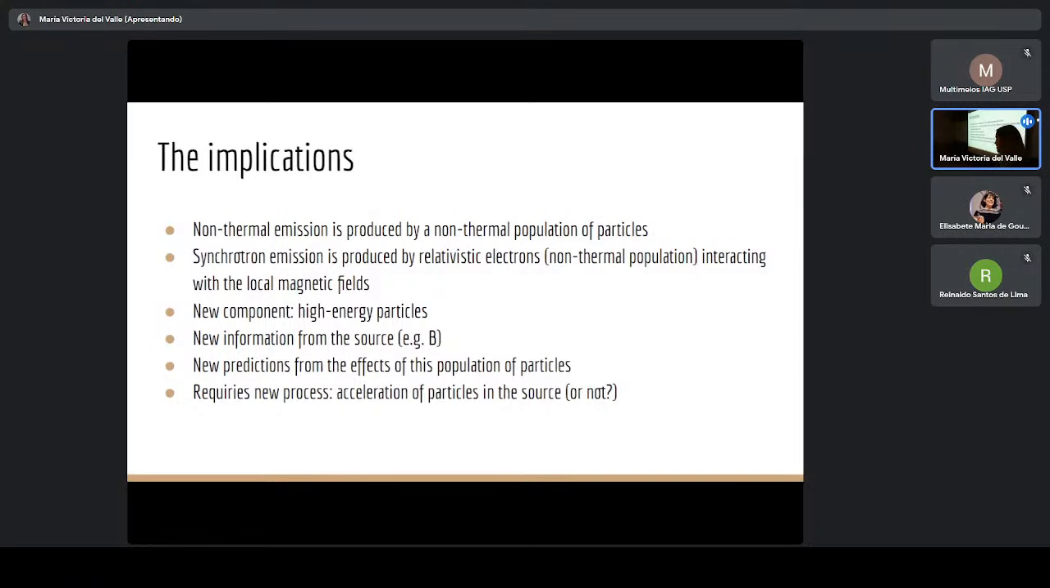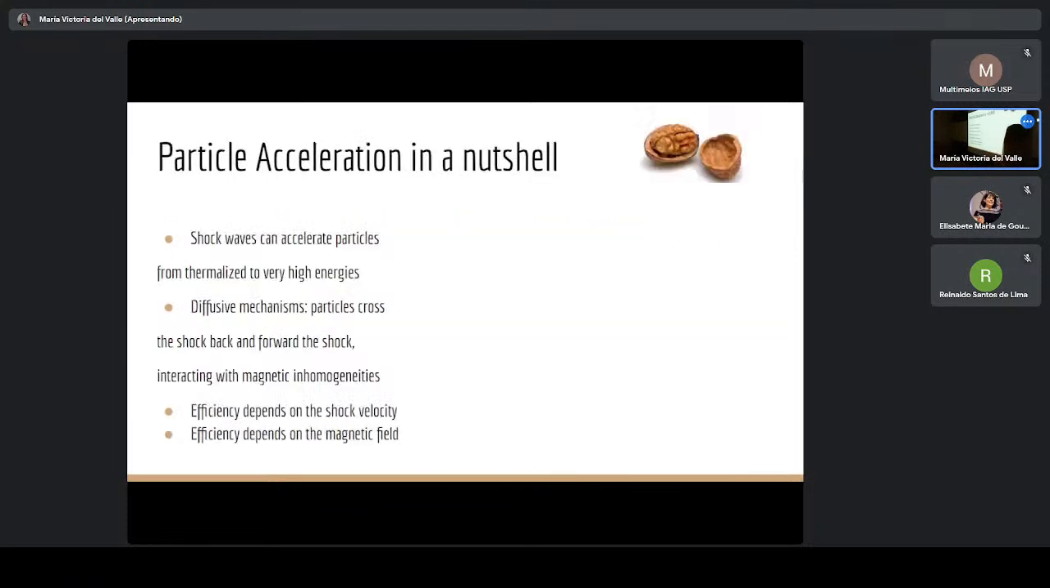The existence of high energy electrons in the system can produce